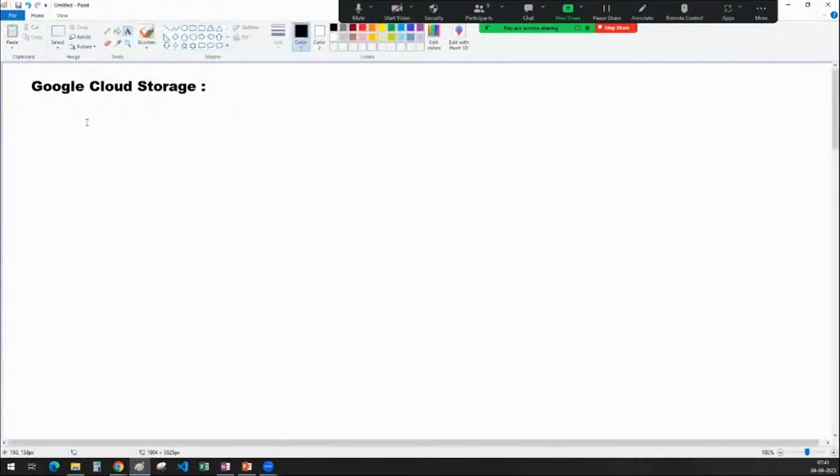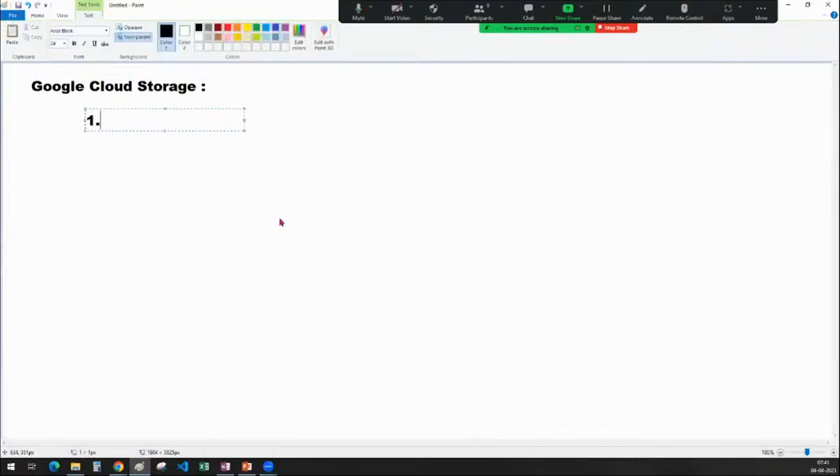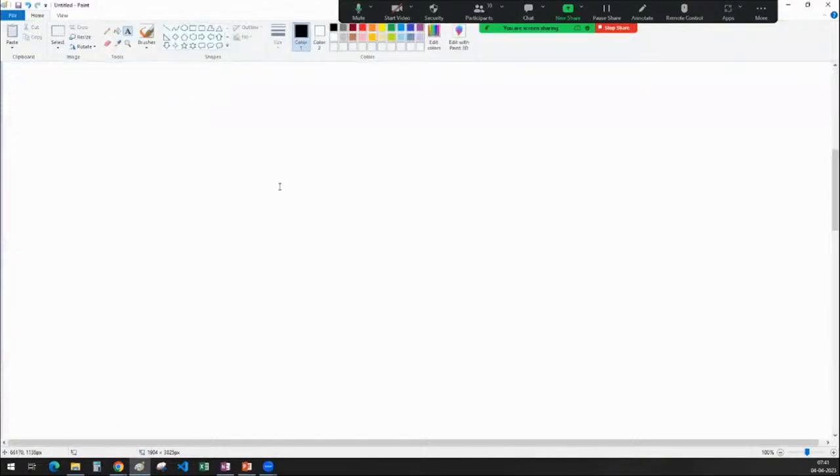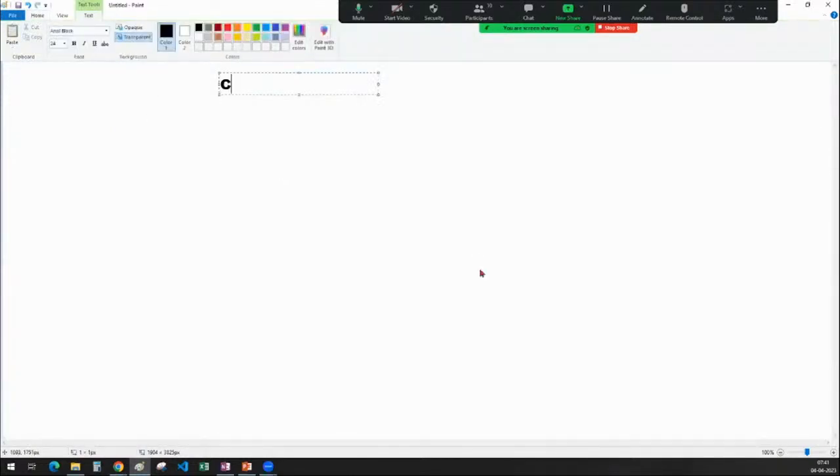Google Cloud Storage is one of the fully managed services in the GCP. What do you mean by that, sir? What is meant by a fully managed service? Sir, I want you to understand what is meant by fully managed. For the very first thing, I will try to tell you. Sir, if you go to any cloud platform,